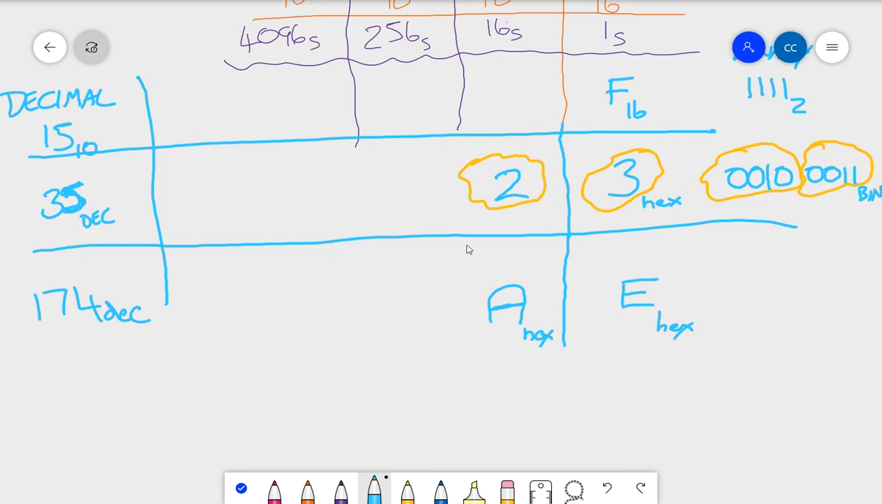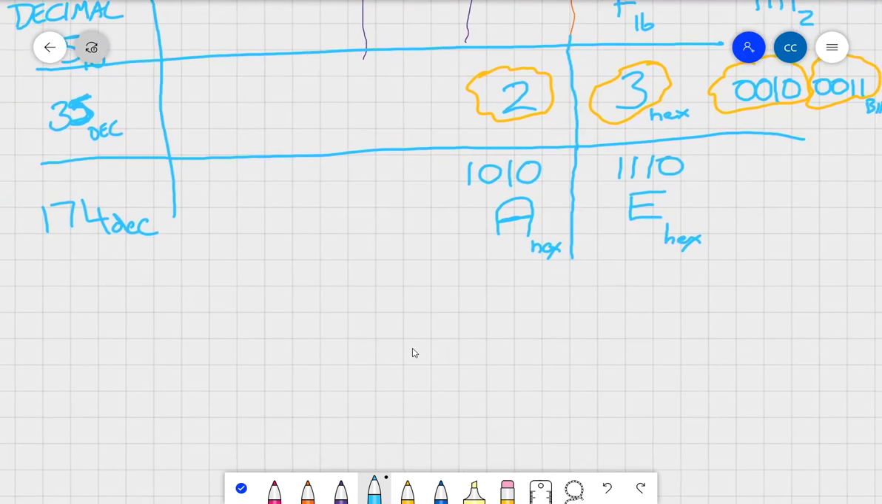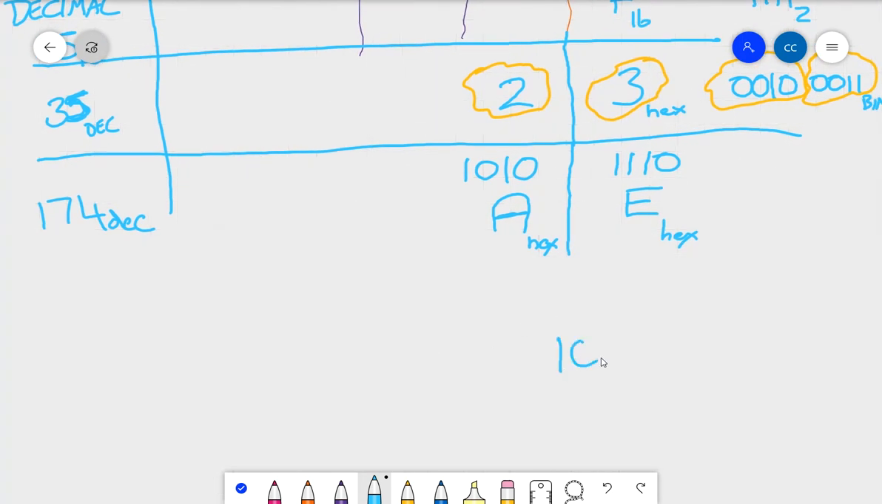Now A is 10, and we can represent that in 4 bits as 1010, so that's 8 plus 2. And E, which is 14, can be written as 8, 4 and a 2. So we've got 2 separate 4 bits, and let's put them all together just out of curiosity to see what happens. So if we put this together, 1 0 1 0 1 1 1 0, and this is base 2,